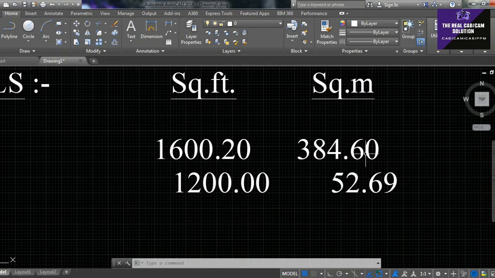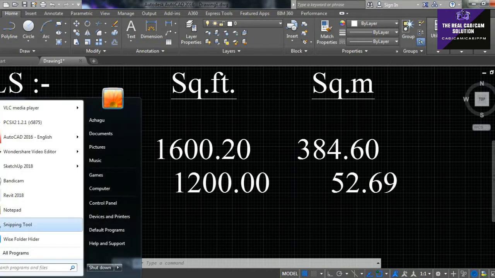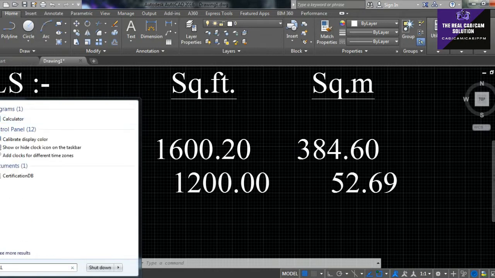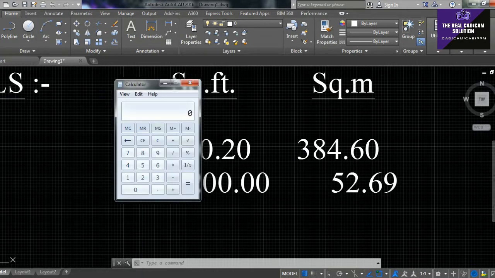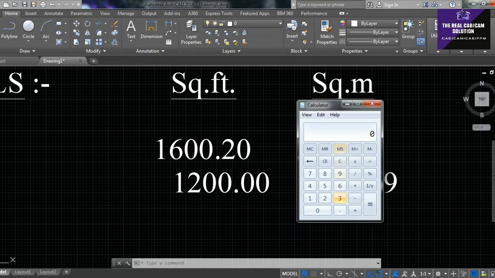Here, 1 square meter is equal to 3.28 into 3.28, so I'm going to take my calculator. 1 square meter is equal to 3.28 into 3.28. It's 10.75.